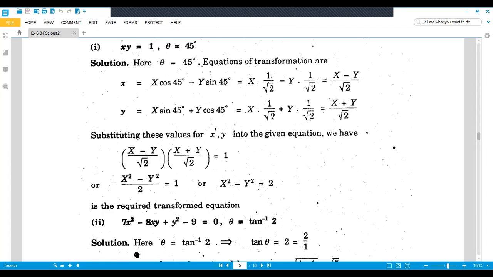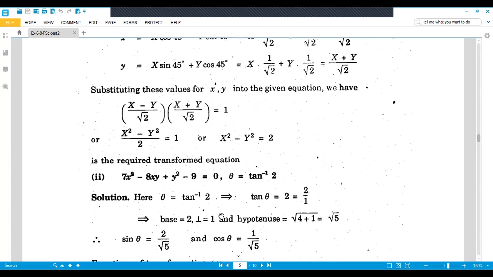So the second part of this is 7x square minus 8xy plus y square minus 9, and theta is tan inverse 2. So we find theta, tan theta is 2. Now base is 2. You know that tangent theta is perpendicular over base. So perpendicular, base is 2 and perpendicular is 1. Now hypotenuse is under root 5, so sine theta, you know that